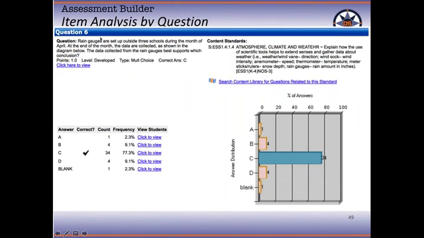This is question 6 from an assessment. I think it's actually a science kneecap question, probably. It will give you the question. You can actually click on it and see the whole question if you want to. This is how many people answered A, B, C, which is the correct answer because it's green and it's also checked on the chart. D, and this is how many people left it blank. So this looks pretty good. The kids understood this question. Most of them got the right answer. These may have been guesses, who knows, but most of them got the right answer.